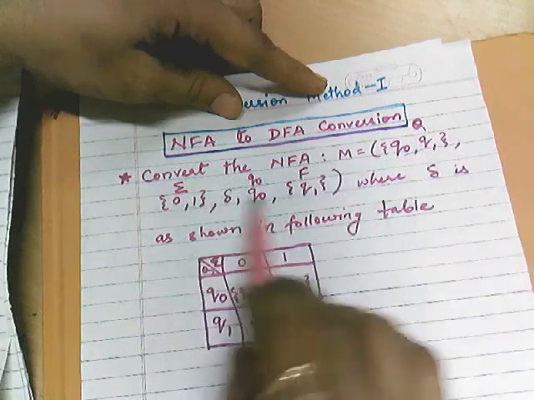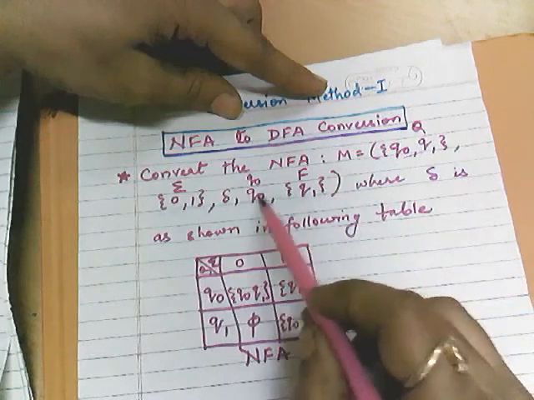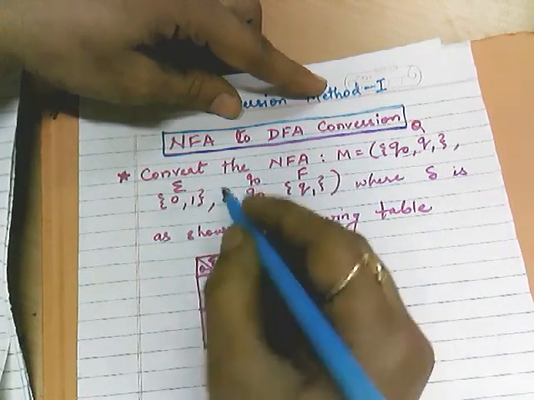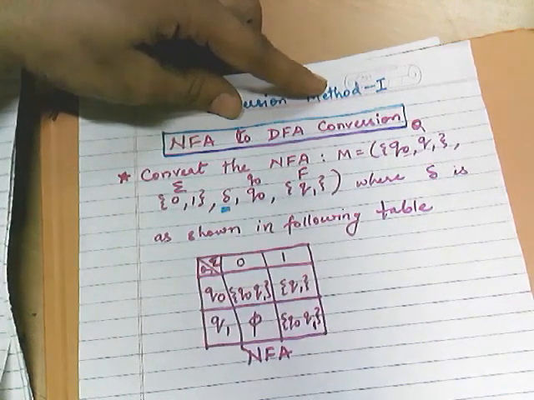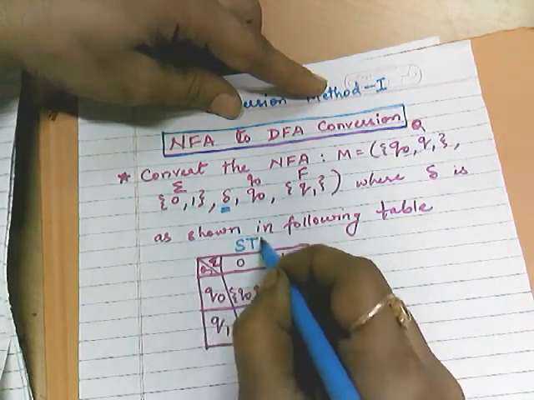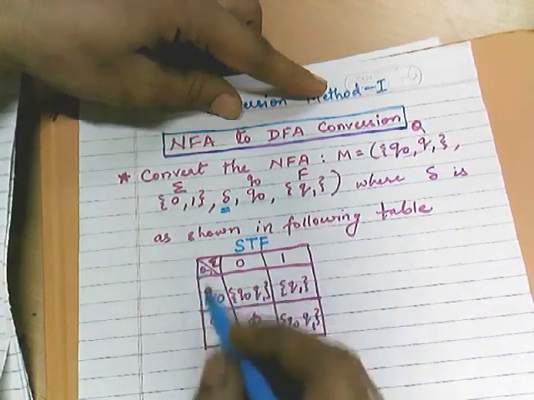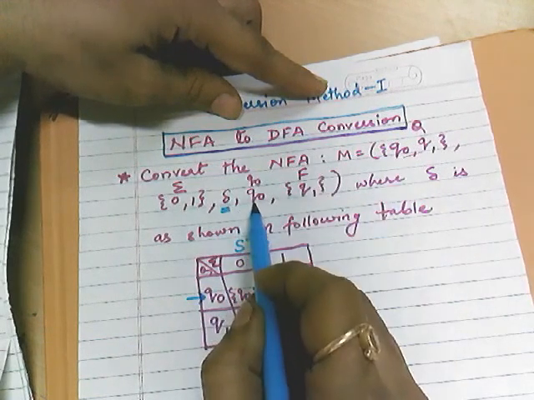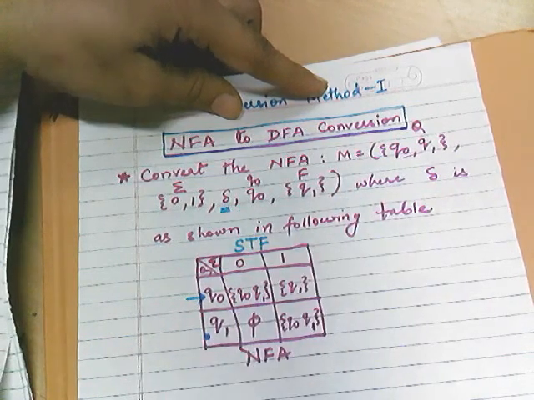So this NFA is given, okay, and from this description the delta function is not clear, because the delta function is indicating what are the different moves, transitions, next state information, okay. So the state transition table is shown below which is indicating the delta function. So here how many states are there? Q0 and Q1. Initial state is as it is written, Q0 is the initial state, right? So this is the initial state which is a final state, this is your final state, okay.